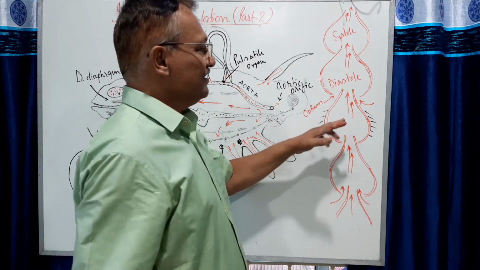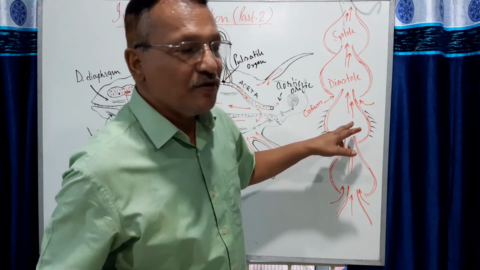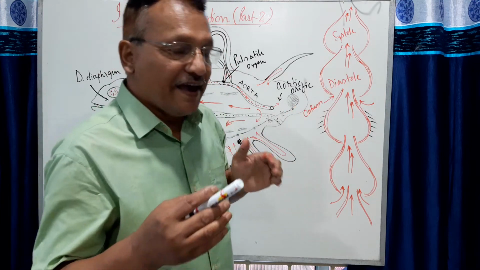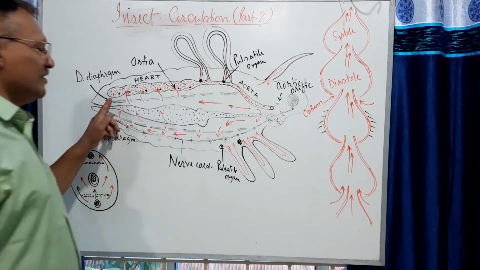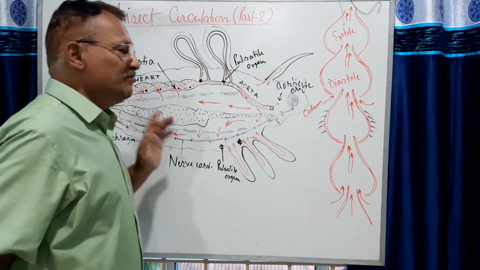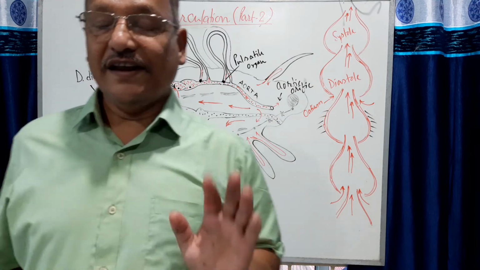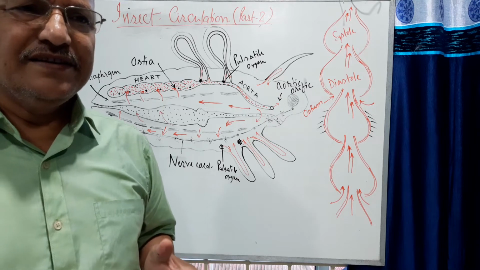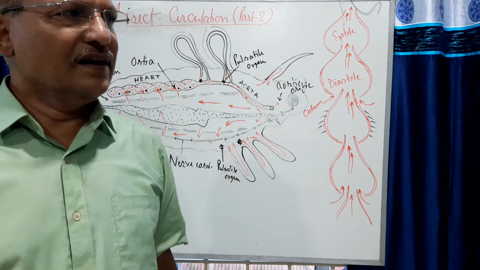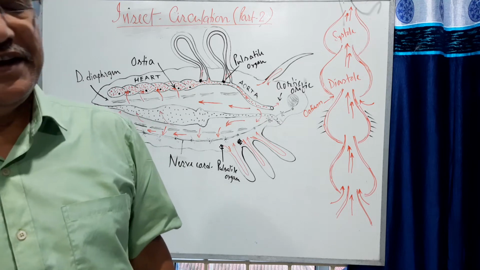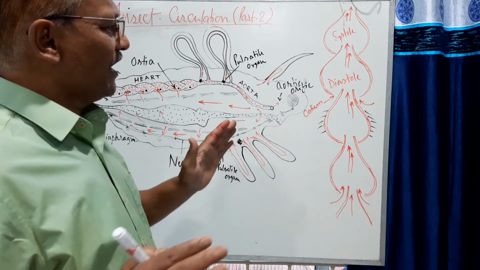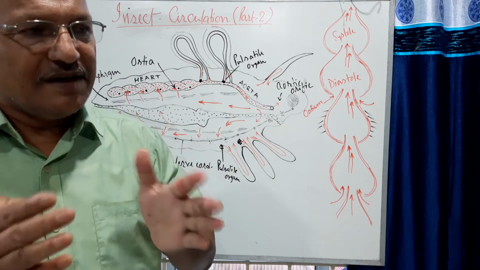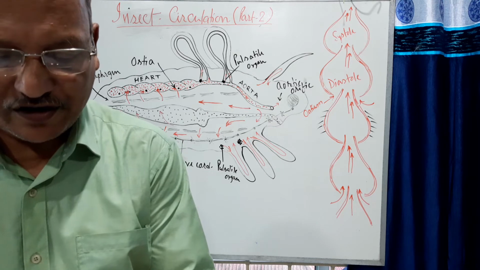As a result, this blood or hemolymph moves from one chamber to the other, and as it is closed in the posterior side of the heart, it must move from the anterior to posterior direction. Generally, in many insects the heart consists mainly of contractile structure, but in some cases it is of course non-contractile.